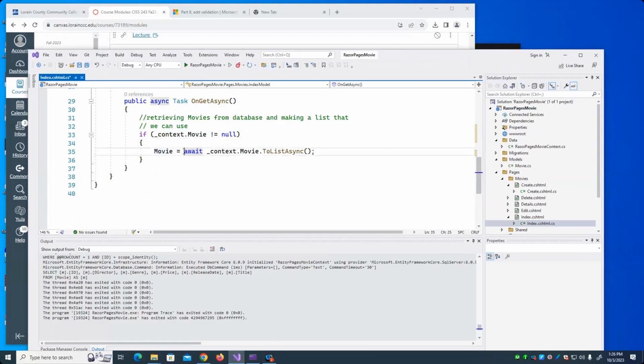Movie equals await context movie to list async. Okay. .NET uses collections and lists a lot, all right? Because if you think about it, there's a lot of lists when we create an application. Like in this case, it's a list of students, and there's code that we can write to process those lists. All right, so we would want to have some code to process this list, and therefore we get a list